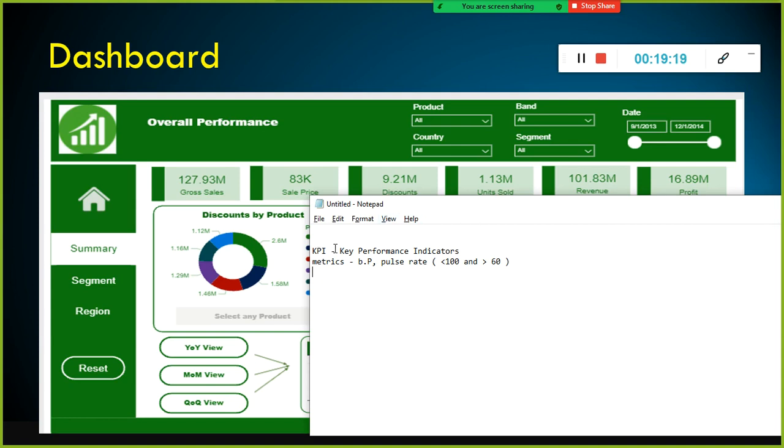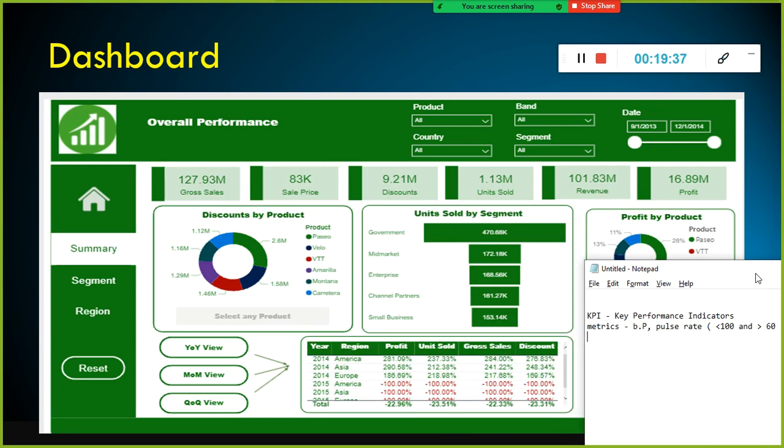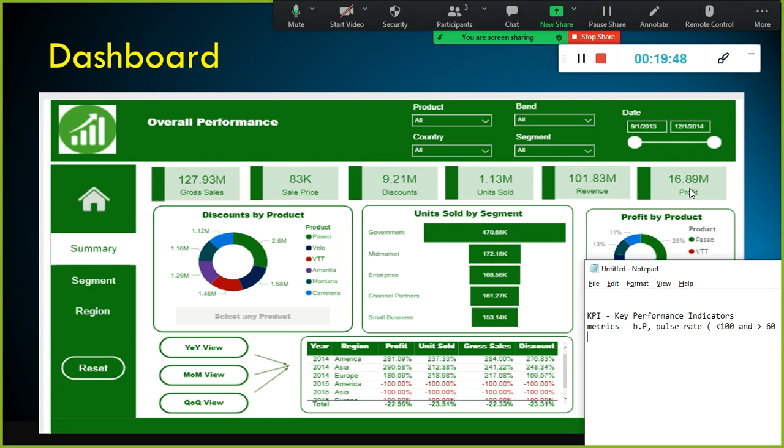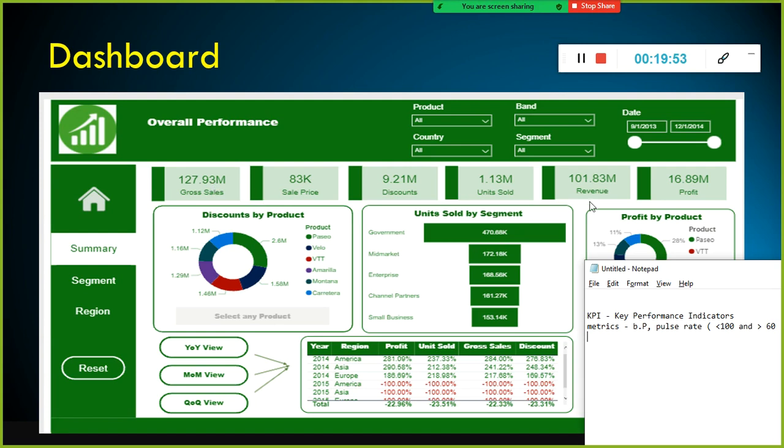You have that in your mind, and when they check it, especially in the dashboard, and they see that this person's blood pressure is 180/110, then something is wrong. Here also something is wrong: the pulse rate is high, the heart rate is also high. Similarly, when the management sees the metrics, they have the domain experience and have been in this business quite a long time. They know very well how much the profit and the gross sales are supposed to be, and they can compare it.